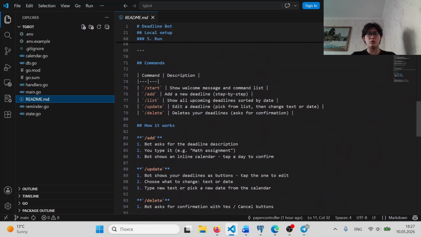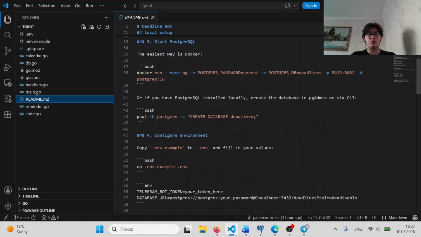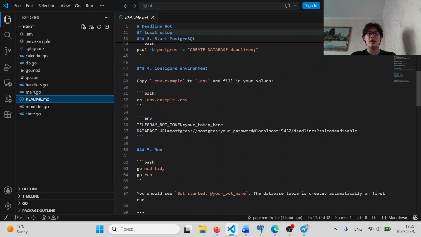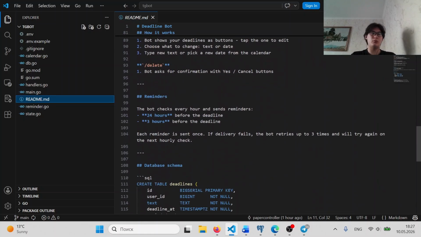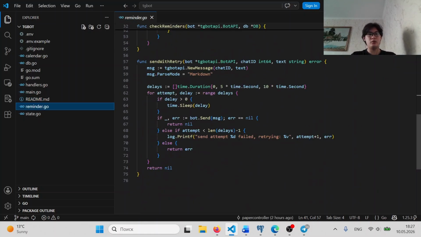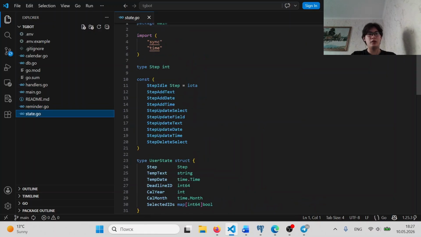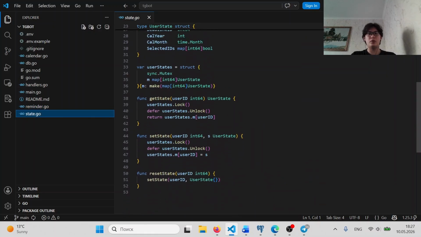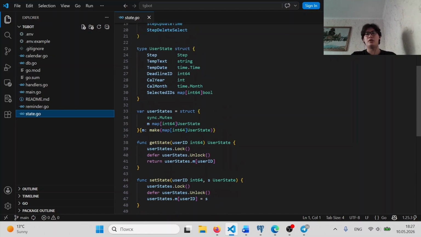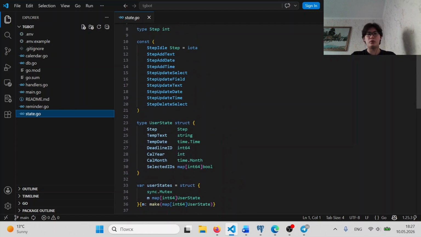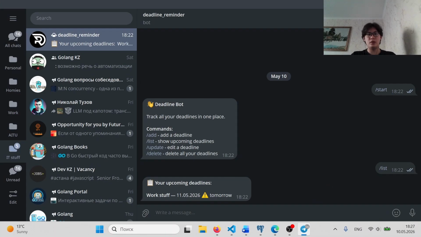Of course, the README file, which has every step for setting up the bot by itself. Reminder, which is used for reminding every 24 hours before the deadline and every 12 hours before the deadline. And the last one is a state to capture the state of the messages. So for example, if we look at the bot itself,